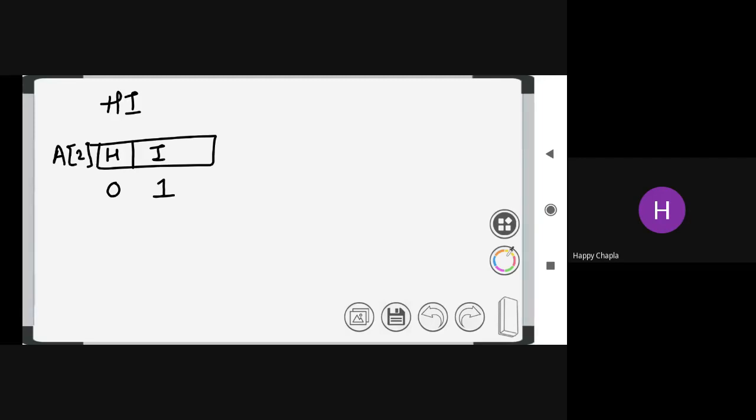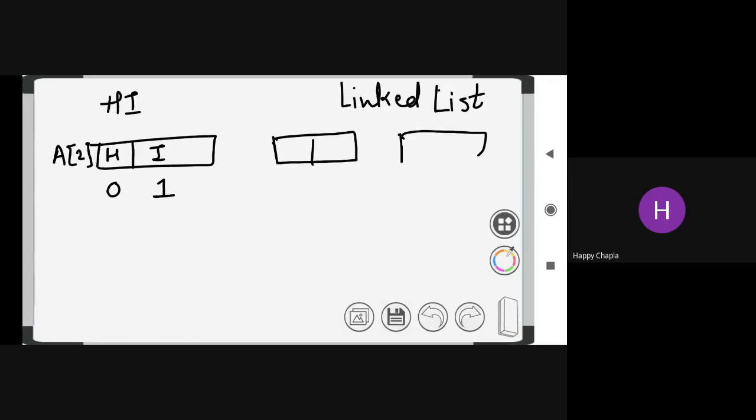But here in the linked list, how can you store it? For the h, I have one node, and for the i, I have another node. This is one node, this is another node, linked with the next node.